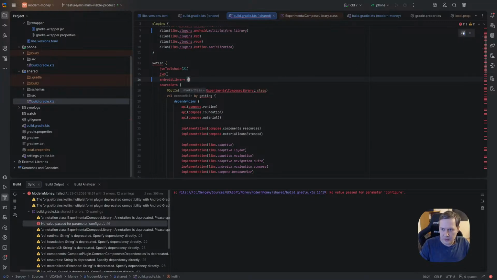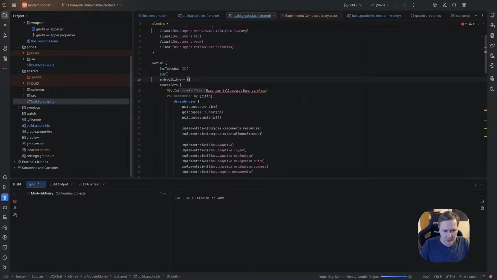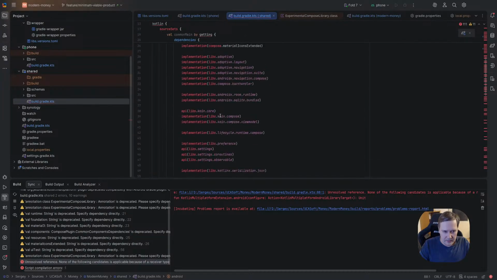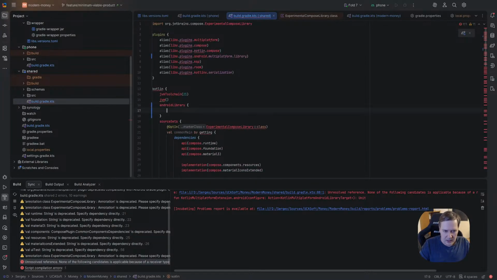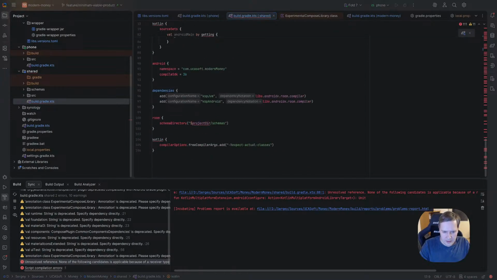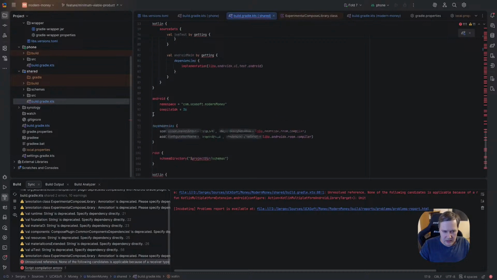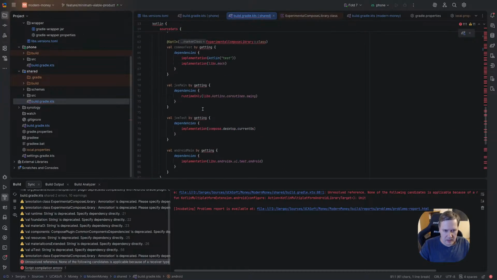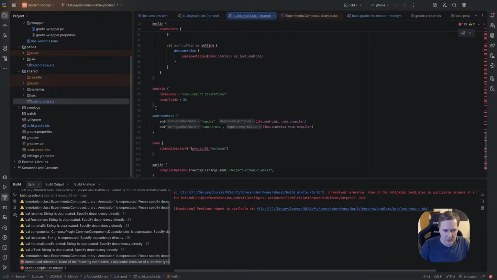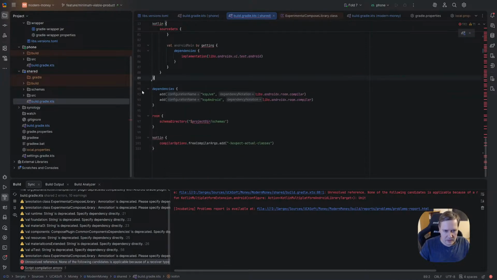Okay, so it should be this way, yeah? Unresolved reference, none, okay. So it's what I have to pass inside Android library. So it's not Android anymore, yeah? It's namespace and compile SDK, yes. So I took it, put it here, and removed this.